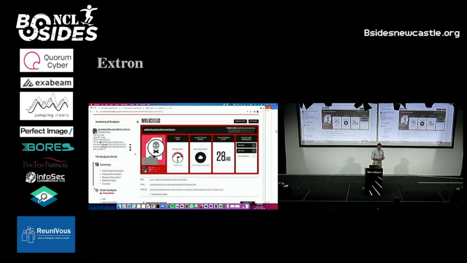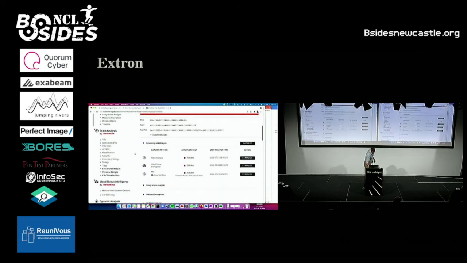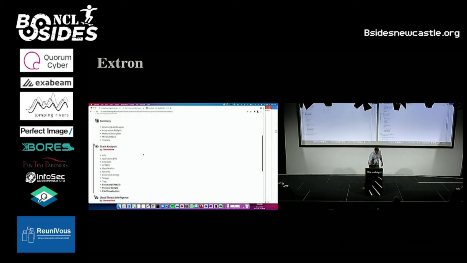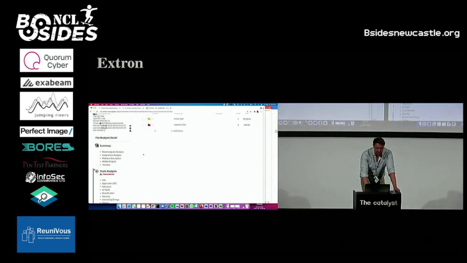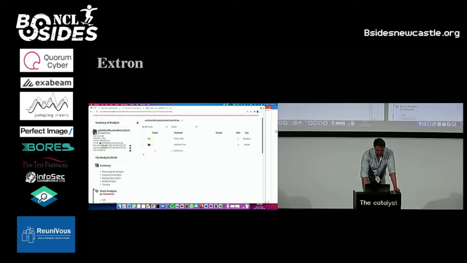So 50% of AV scanners flagged up and said, yeah, this instance of Everbee, we've seen it before, no biggie, you're all good. Well, the APT group that actually put this together were wrapping it in a unique payload every single time. So maybe what we could do here is go down to the extracted files, and it's a PE file. It was actually using UPX, so it was a packed file, which evades detection by some of those other tools, and they don't realize there's something packed within it that is actually the malicious